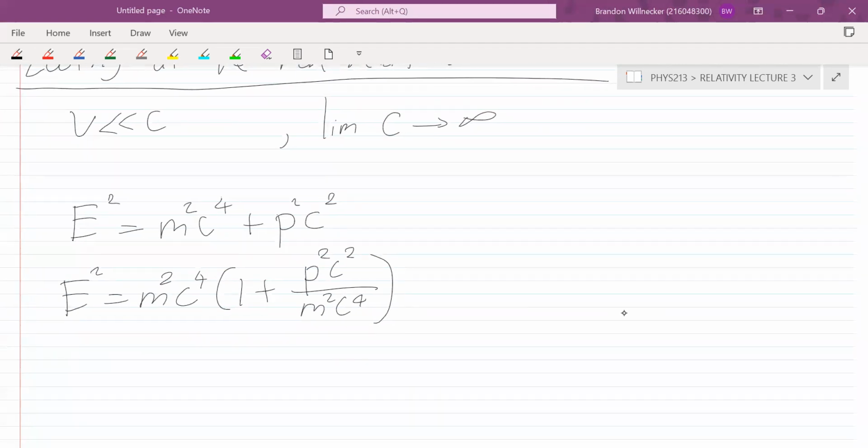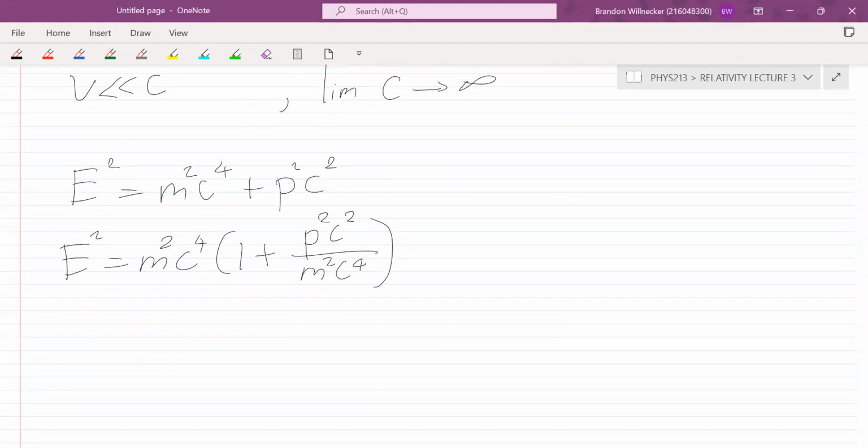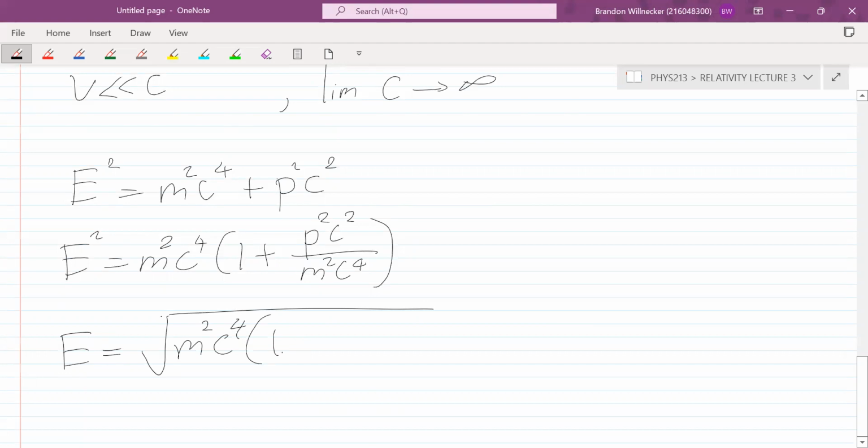We just factored that out. Next we can take the root to solve for E. So we have E is equal to the square root of m squared c to the 4, times 1 plus p squared over m squared